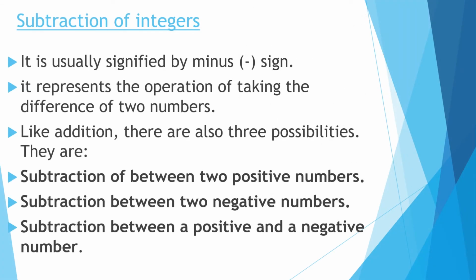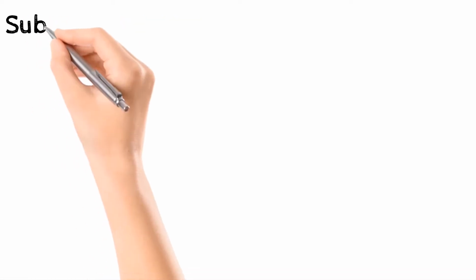Subtraction of integers is usually signified by the minus sign, which we all know. It represents the operation of taking the difference of two numbers. Like addition, there are also three possibilities: subtraction between two positive numbers, subtraction between two negative numbers, and subtraction between a positive and a negative number. So dear children,